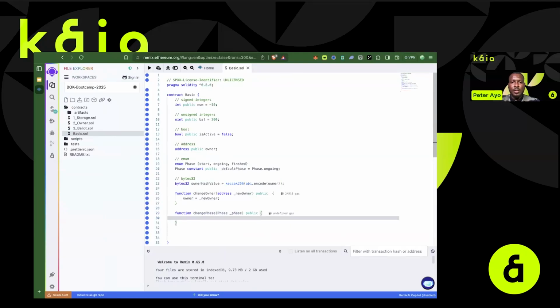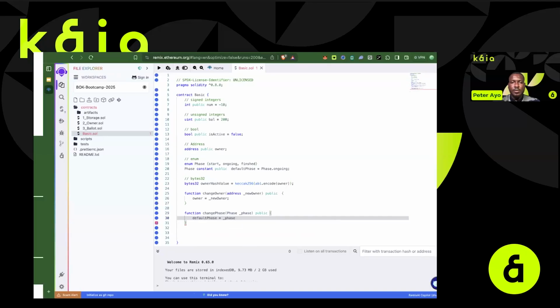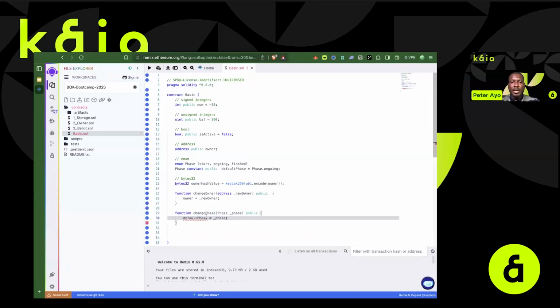And so we say default face equals face, right? So this is pretty much how we change, but this is a constant value, right? It cannot be changed except we remove this, right? So now we can basically change our face, right? Pretty much how to change your face,